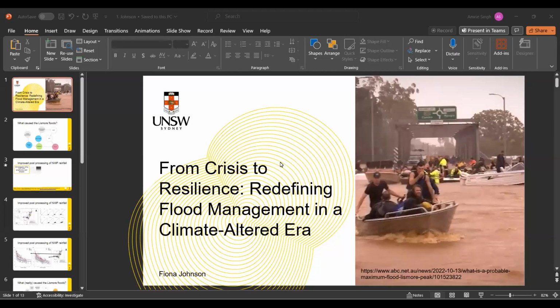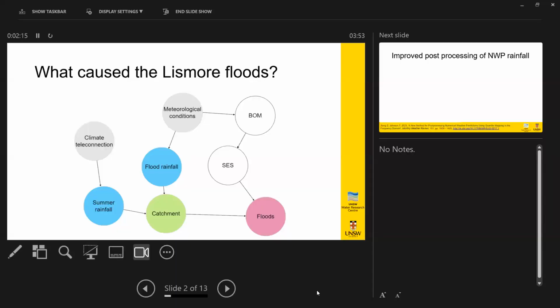Sorry, warnings were issued in the middle of the night. And there was a lot of uncertainty in the numerical weather prediction models, and of the 8 models that the Bureau regularly uses, 6 of them had the storm system staying off the coast, and only a couple had it coming onto the coast, which is actually what happened in the end.